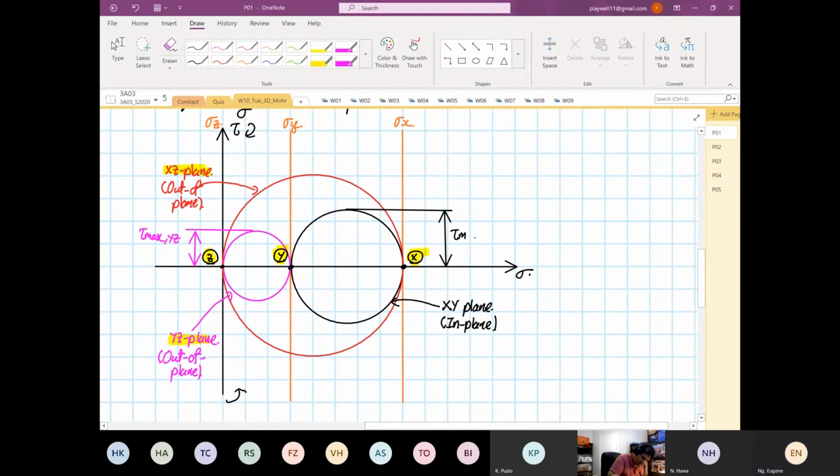And the last one, right, this is our shear max. And this belongs to our XZ plane. Okay. And the last one that we've drawn